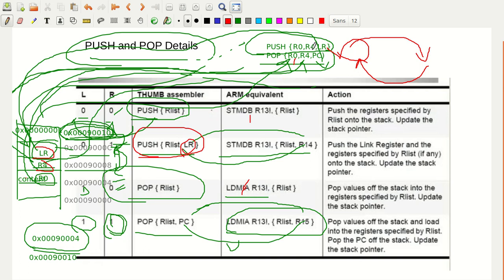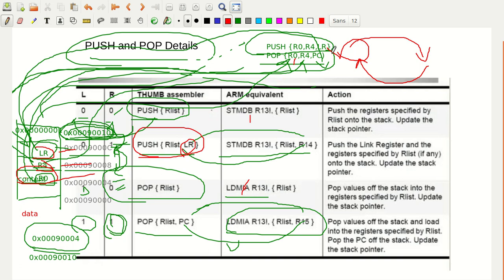The content that is there in the register R4 or R0 or the LR is what is actually stored into these memory addresses. When I pop it back, the data is taken from the memory addresses: data from this address, data from this address, data from this address, that is what is retrieved back. Since you are pushing the same content and popping the same content, it will be retrieved.